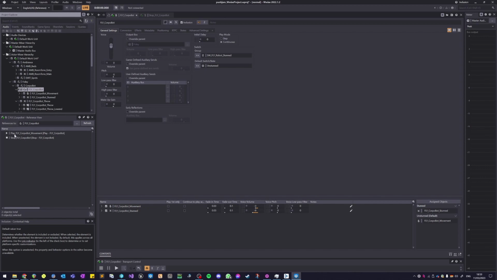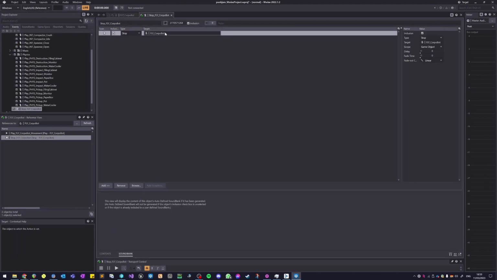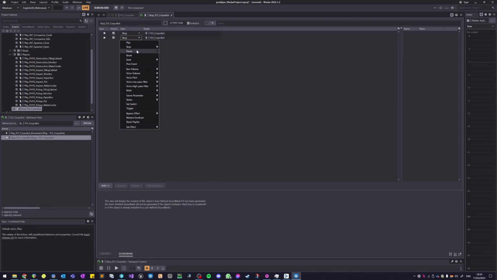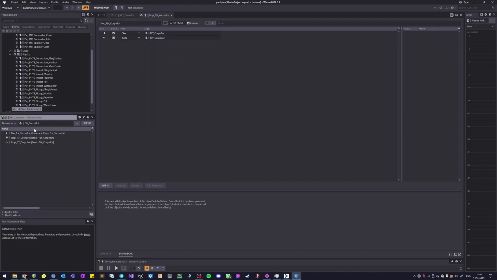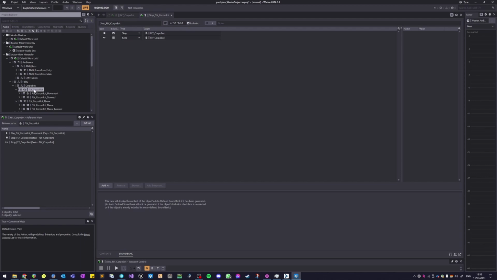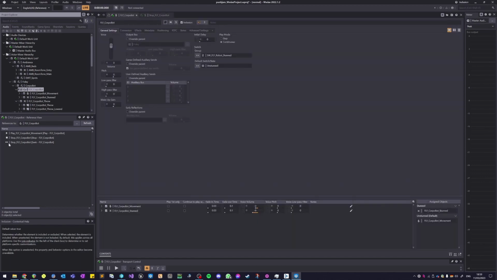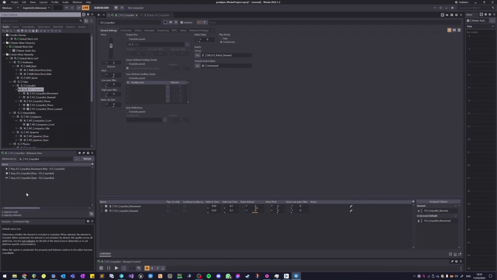And you can tell that there are a play and a stop event of this object, not just by the name of the events, but also by the little icons. You see the play icon and the stop icon. And if we wanted to, for example, have a seek action on that object, you see now that there is that little seek icon in there. So you can tell immediately, just at a glance, what action is being performed on a specific object from a